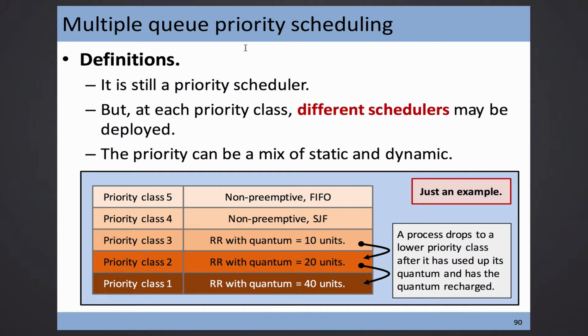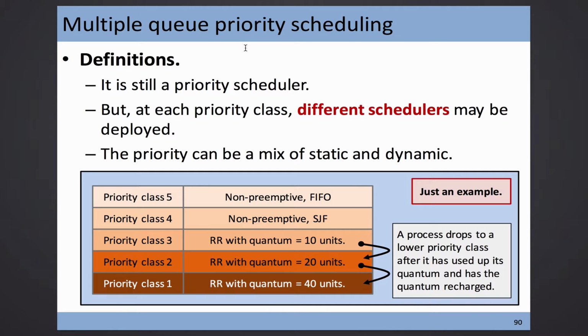So let's say you have 10 time units at the start, and it is the default. A new process comes. After the new process runs for a time unit of 10, you will drop to the next priority class. But after you drop, of course you feel bad, right? Because new guys, or priority guys higher than you, will exist.